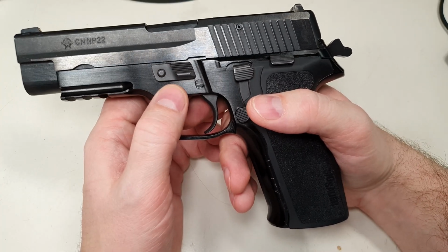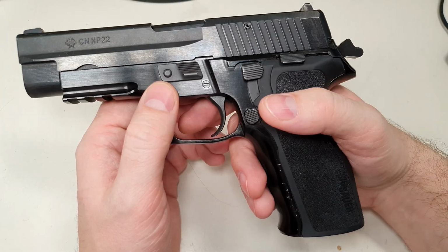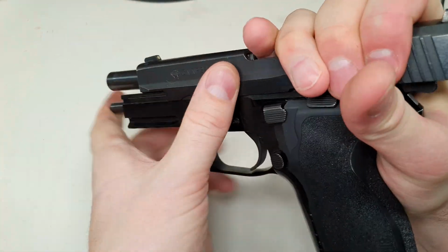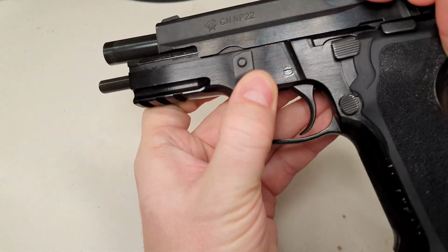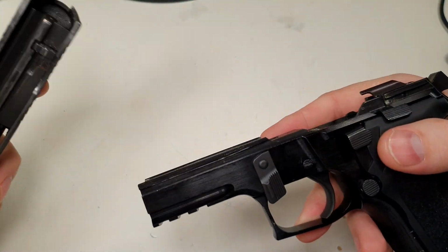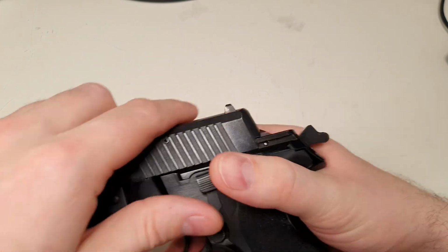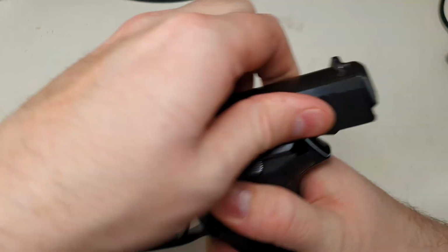Luckily, this one was designed probably with kung fu artists in mind, and it's a little bit harder to field strip and get that slide off, but it's still doable. But you'll definitely have to be against a kung fu master to have to worry about that kind of thing. All right, now that we've got the boring stuff that doesn't mean anything out of the way,